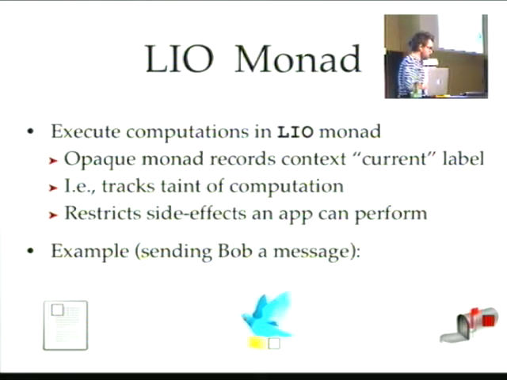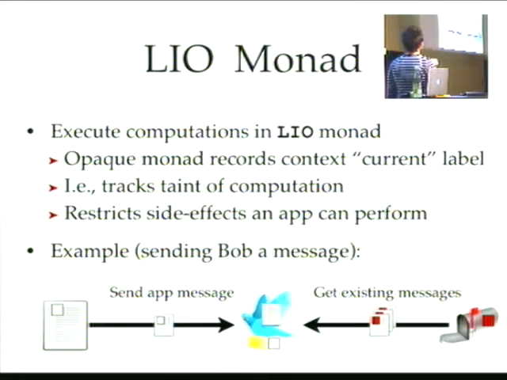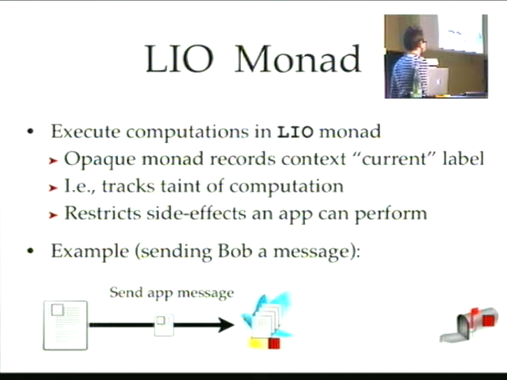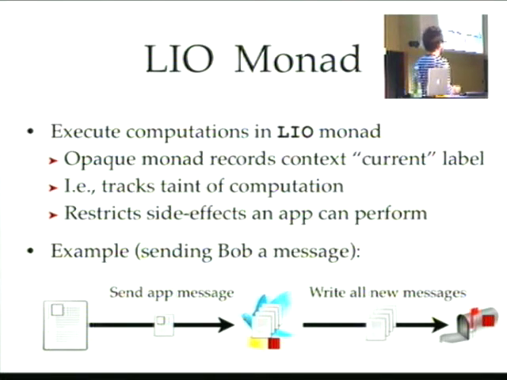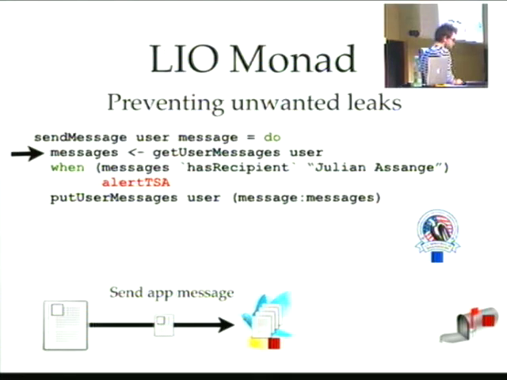So let's go back to the previous example where we have the messenger application being used to send data. On the left we have a message that's labeled public, so it's simply forwarded, just invoking the application. Now this application will bind it locally and it will read Bob's mailbox. The messages from Bob's mailbox are all labeled red. They're read by the application, and we taint the application to reflect that it's read something sensitive. Once it's done this, we can still write back to Bob's mailbox because we have the red flowing to the red. That's completely fine.